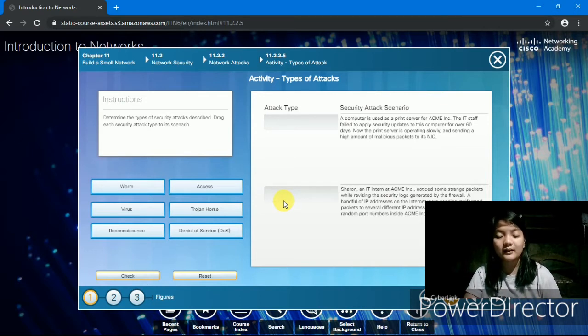This is the second activity, activity types of attacks. So instruction: determine the types of security attacks described. Drag each security attack type to its scenario. There, we have the worm, virus, reconnaissance, access, Trojan horse, and denial of service. So let's start with the